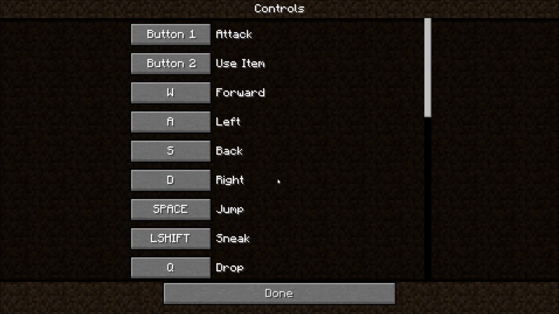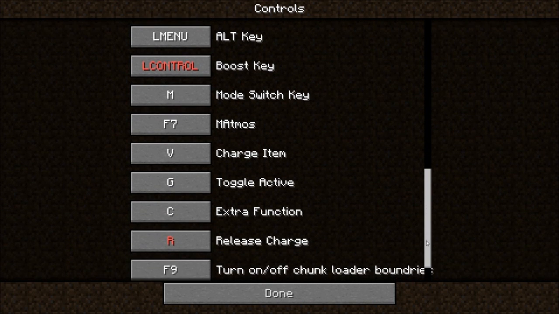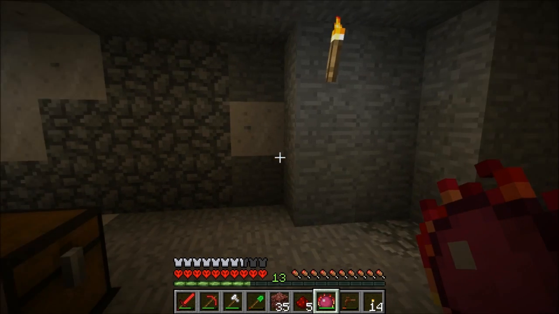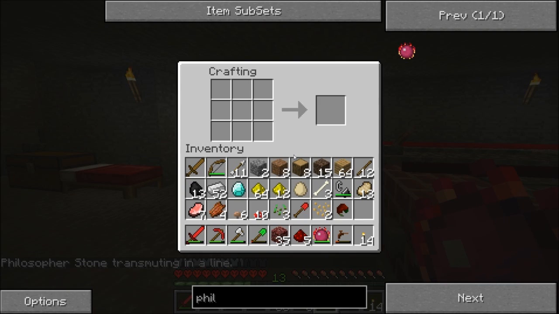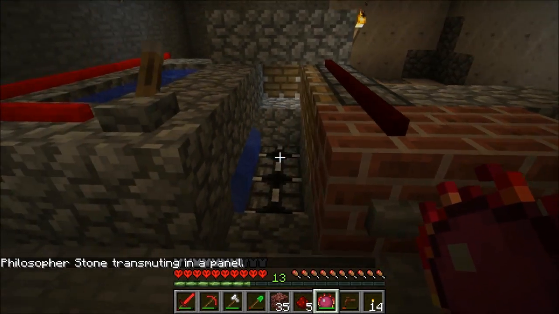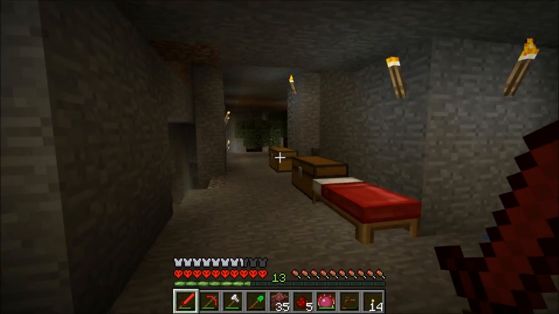Let's do this. Is there something in here? Toggle active, extra function, release charge, sort inventory. So those are in conflict. G. I wonder what G does. Oh, transmuting inline. What does that mean? Transmuting in panel. Alright, well, I guess I'm going to have to figure this out because I don't want to waste your time. But I was wanting to see if we were close to being able to do...